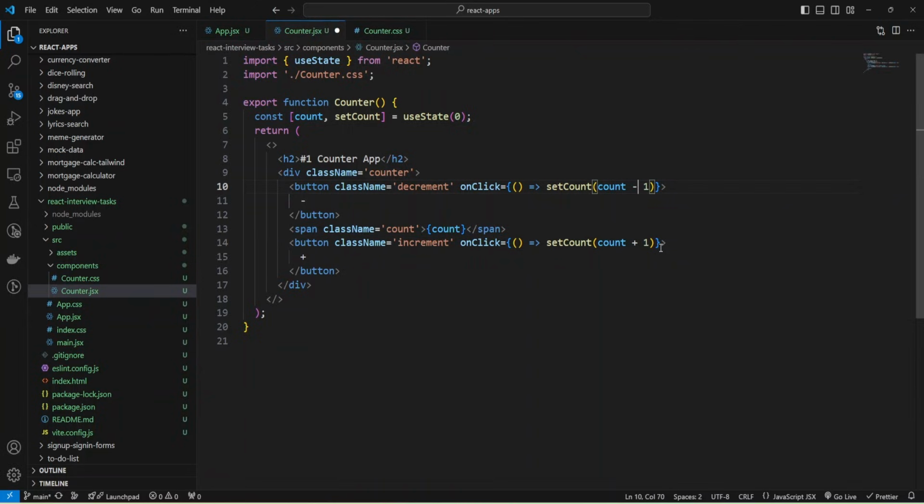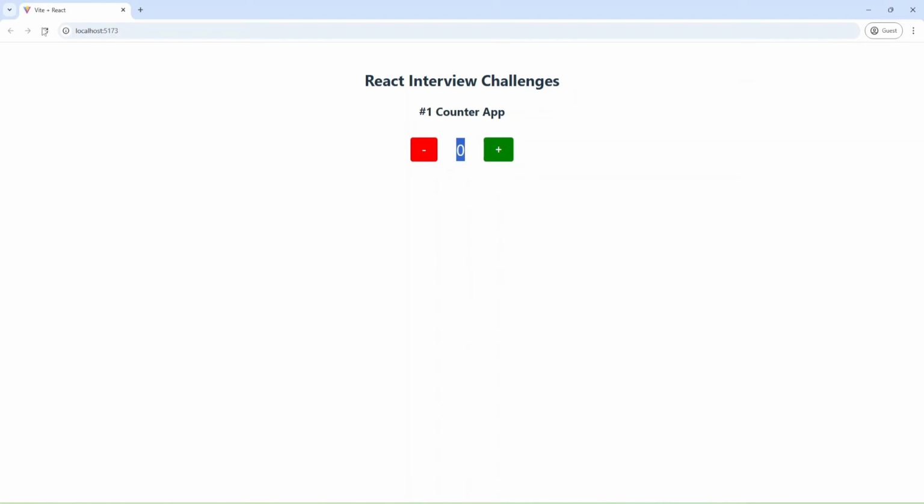Here I need -1, and let's check what I have. Let me refresh and press plus, and I have incremented count, and by pressing this button the value is decremented,